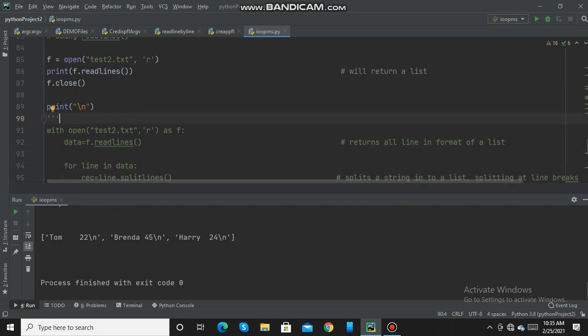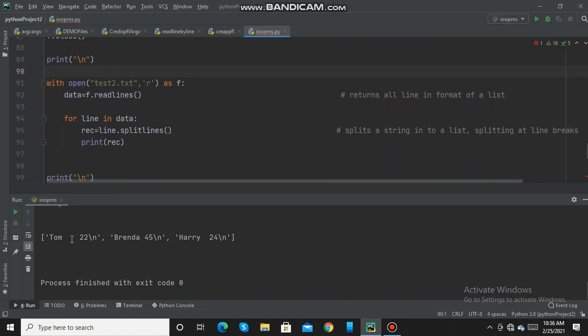Now, using the for loop, I will split these 3 elements into lines and print them. Using the splitlines method, I am splitting these lines within a for loop. Here I am opening the file test2.txt in read mode, reading the contents using the readlines method and storing it in data.